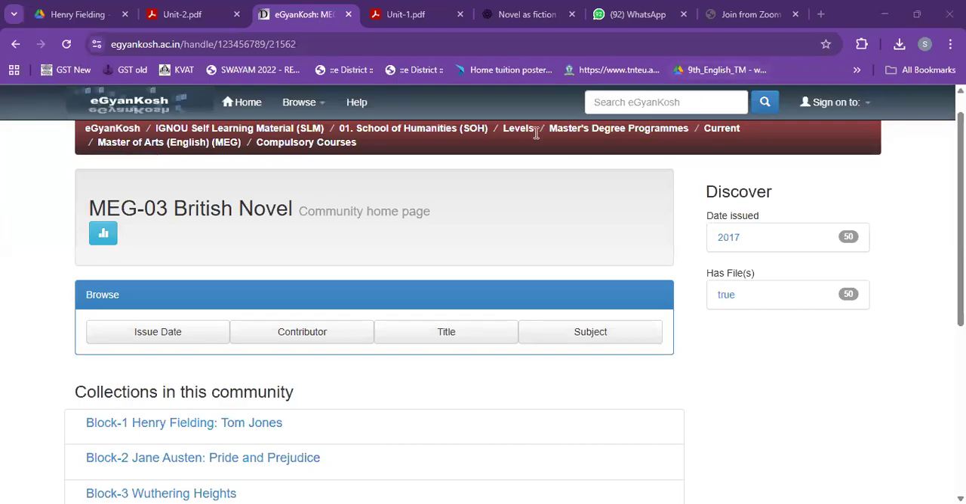Okay, so today we are going to begin our class for the subject British Novel. And this is MEG 3, British Novel. The whole thing is known as MEG, and MEG 3 is the British Novel, which is a core subject. And in MEG 3, I mean, in the British Novel, you have all these different